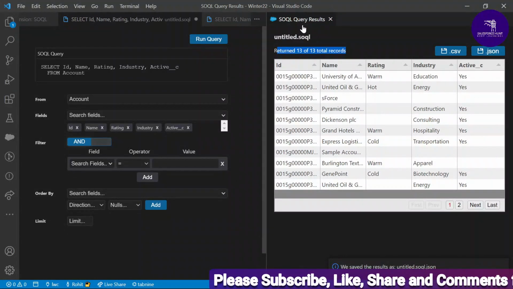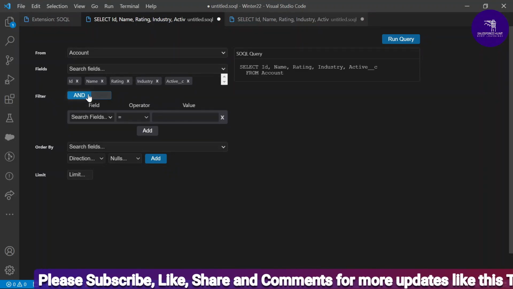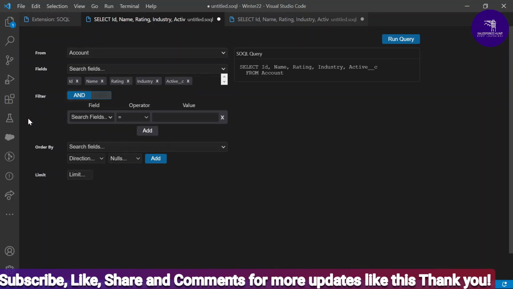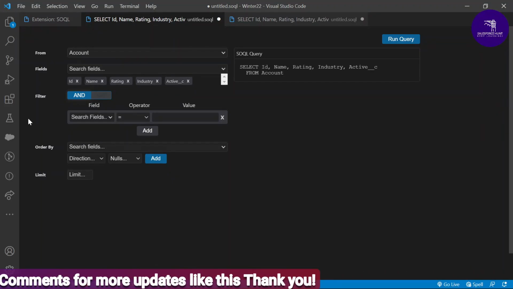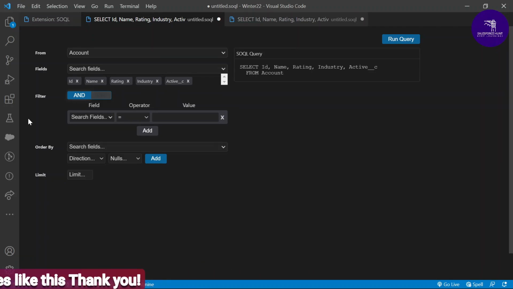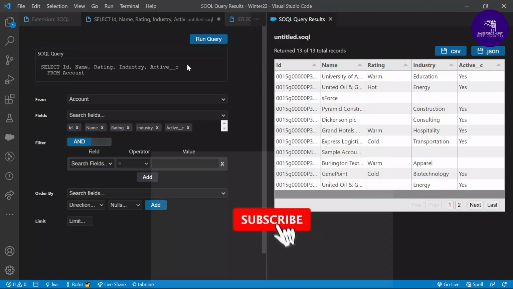And another way, let me show you another thing, like filters. So how to work on the filter? A filter always works on some condition being met, like active equal to yes. If active is yes, then you can see the item, otherwise you cannot see it. Okay, so this is the way. And there are so many operators and filters like and, or, whichever condition you want to take. So let me first of all execute this query and let me see the active field. Yeah, so here you can see active equal to yes, and the total result is 13, right?